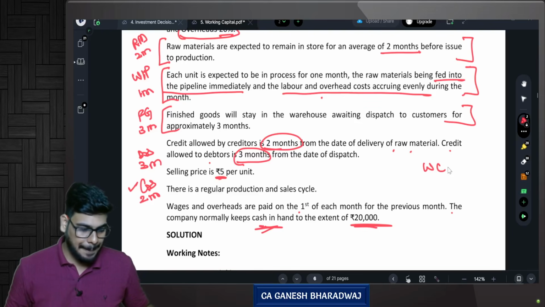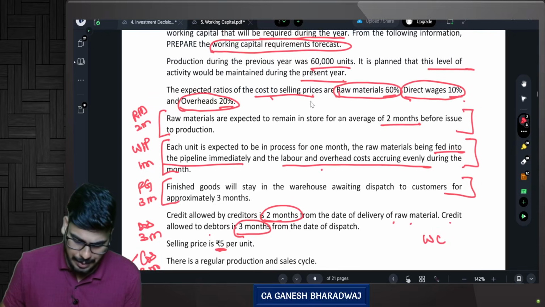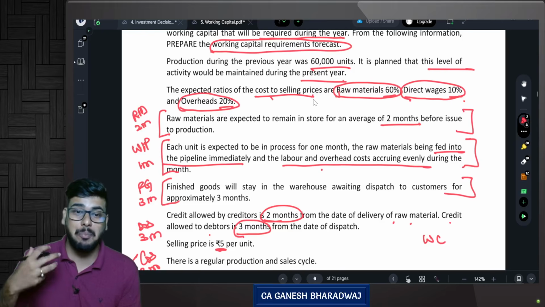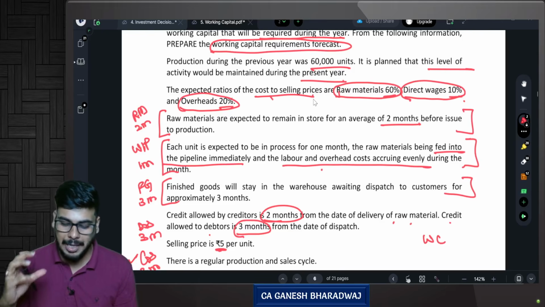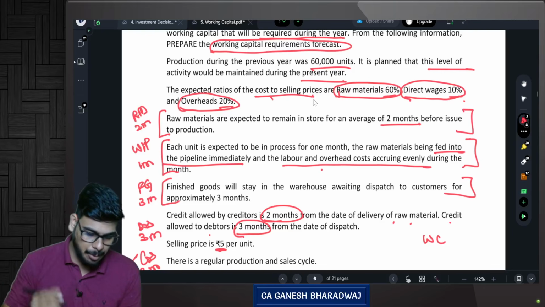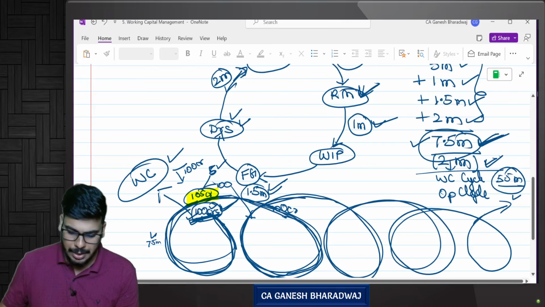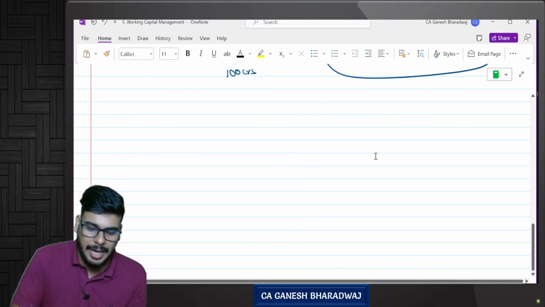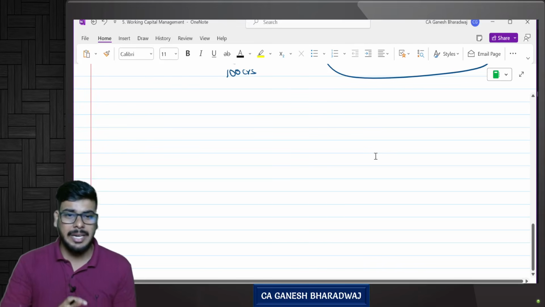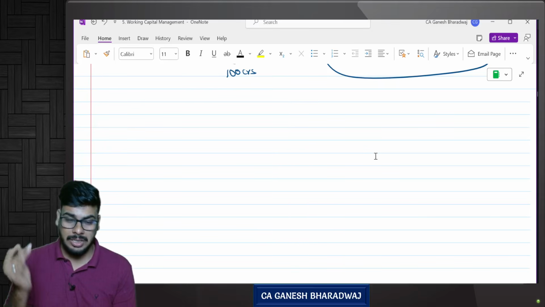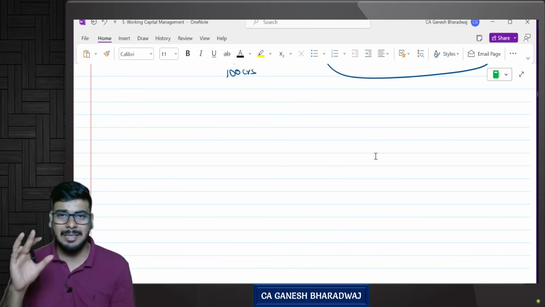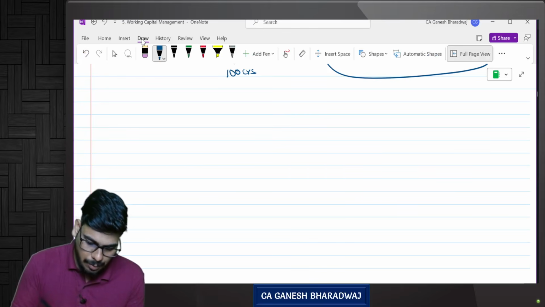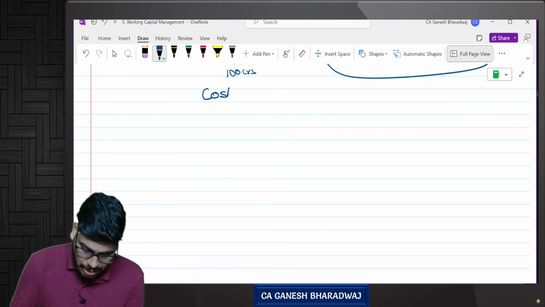So now, first, let us calculate the component wise amount that gets blocked into the business. Now, recall, in costing, we have learned something called a cost sheet, right? Fine. If you have not learned costing, if you're directly entering into FM, there's something called a cost sheet. So what is basically a cost sheet? In a cost sheet,